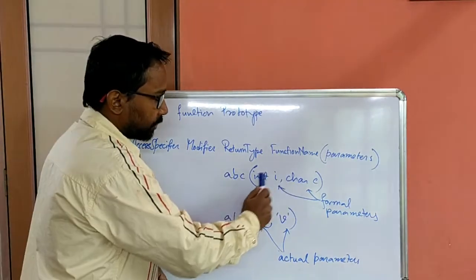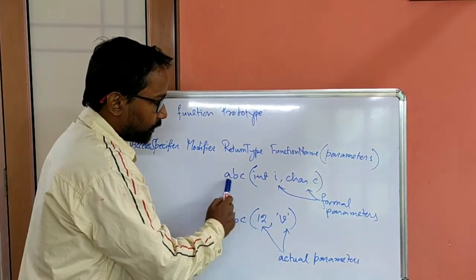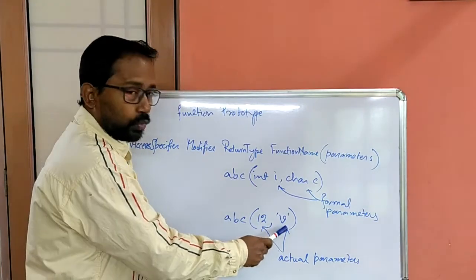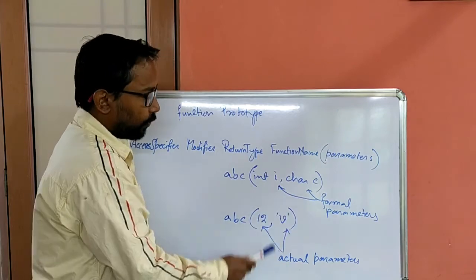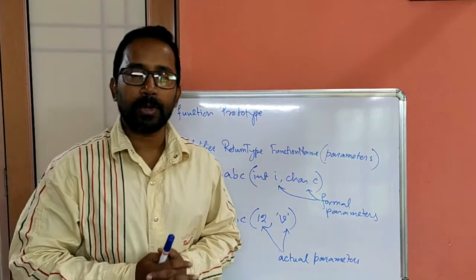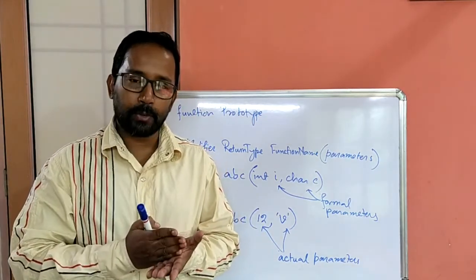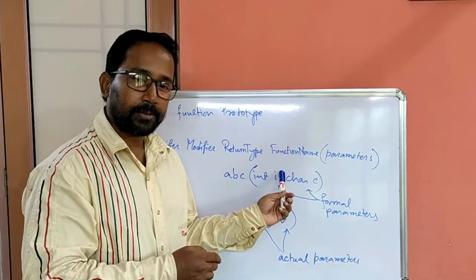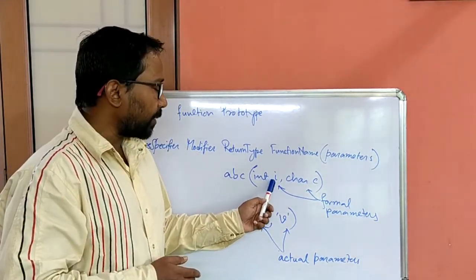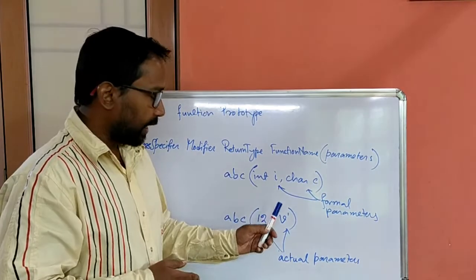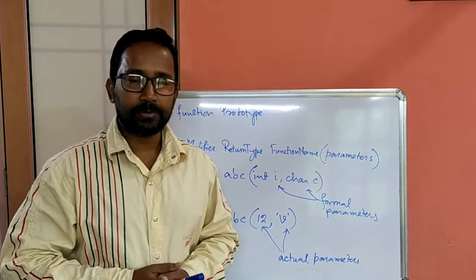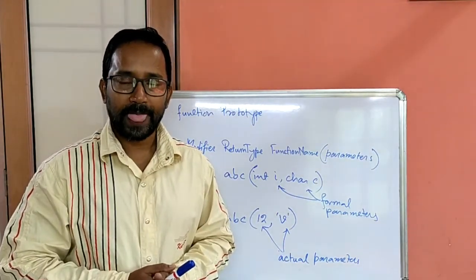So these are the parameters through which the function will receive these 2 values, which will be used internally in the program. That means the function will actually be executed with these 2 values, that's why they are called actual values. So formal parameters obtain their value from actual parameters. What is the main difference between formal parameter and actual parameter? First one is formal parameters appear in the function definition statement, whereas actual parameters appear in the function call statement. Second difference is that formal parameters receive value from actual parameters and actual parameters supply value to the formal parameters. So these two are the main differences between formal parameters and actual parameters.